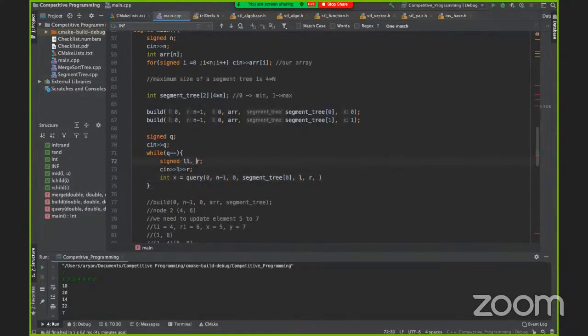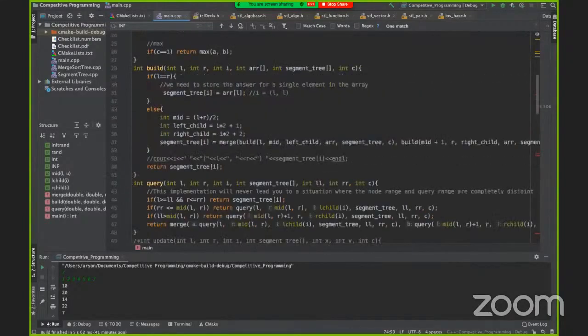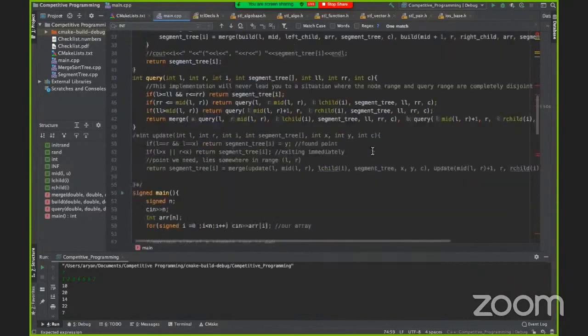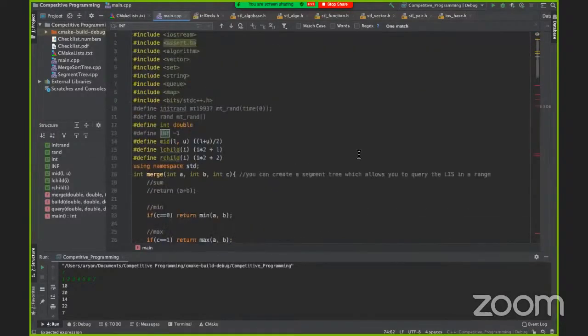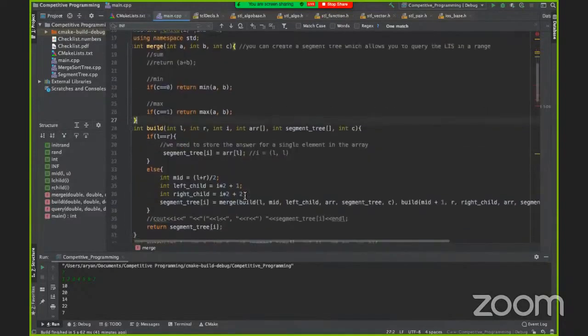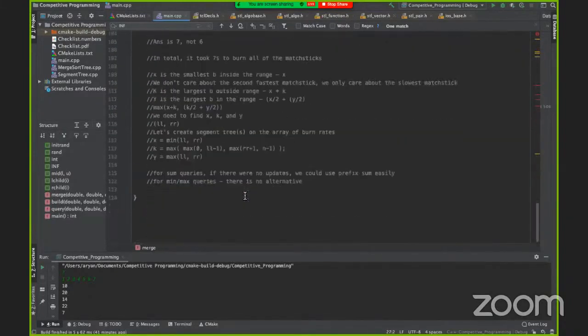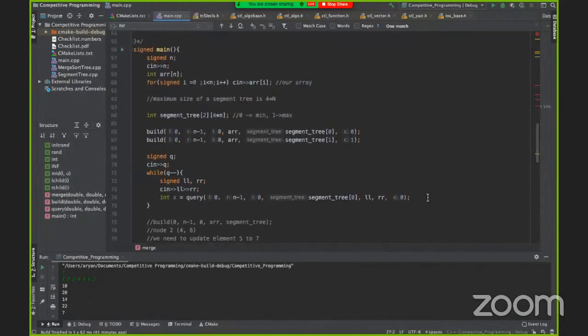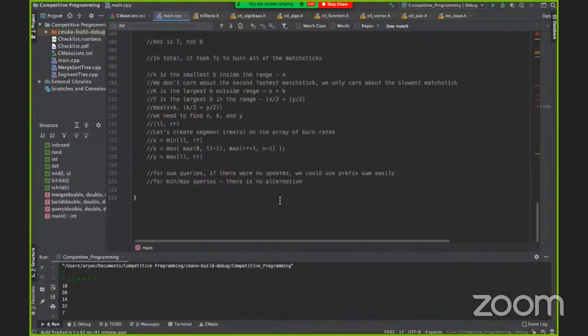To make this clear, I'll do LL, RR. And our final parameter is C, which is 0 because it's min. I'm right about that, right? Yeah. Great. Okay, so we have X.